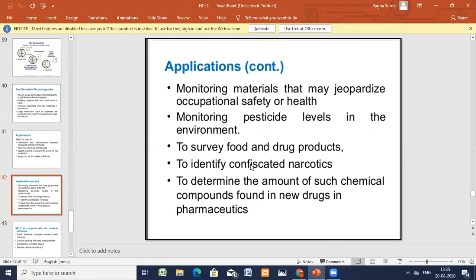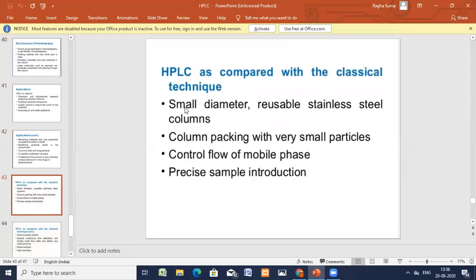You can identify confiscated narcotics and determine the amount of chemical components in new drugs in pharmaceutics using HPLC. HPLC, as compared to the classical technique, uses small diameter, reusable stainless steel